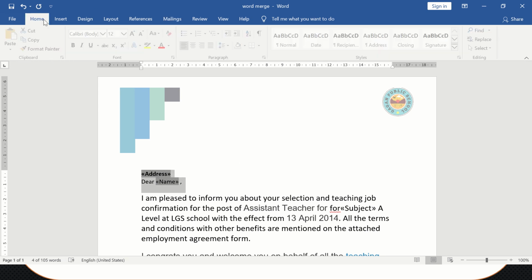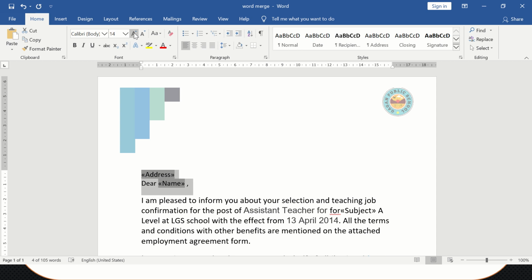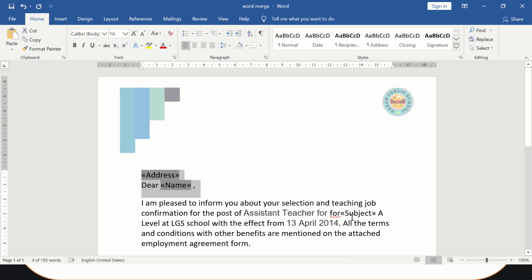So I will go for Home, and it should be, unbold it and make it big, and I want this also over here, red color is coming, this means okay.